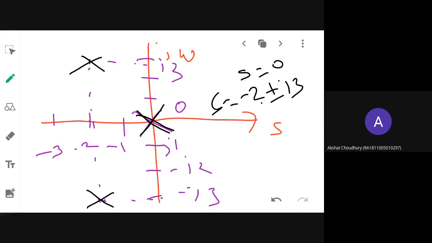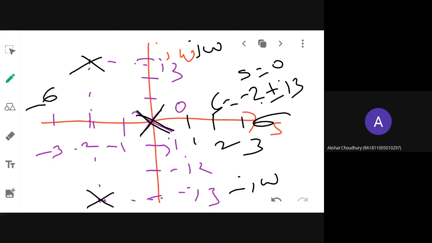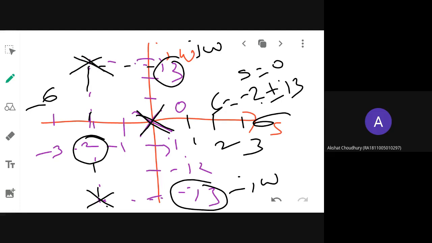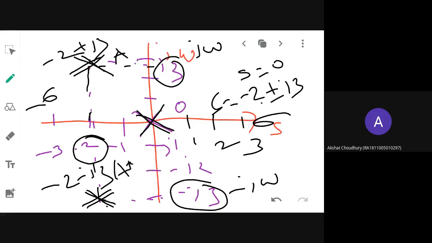So you mark a scale. Here you put 1, 2, 3, like that you take a scale. This is your positive real, this is your negative real, this is your positive imaginary, and here you are having a negative imaginary. So everywhere you have to take a scale. Here you are having the j3 point, here minus j3, and here you are having minus 2. Just take the scale accordingly and locate the other 2 poles. This is your minus 2 plus j3 point, and here the minus 2 minus j3 point. Both are complex. Let us take this as A and this as A conjugate.